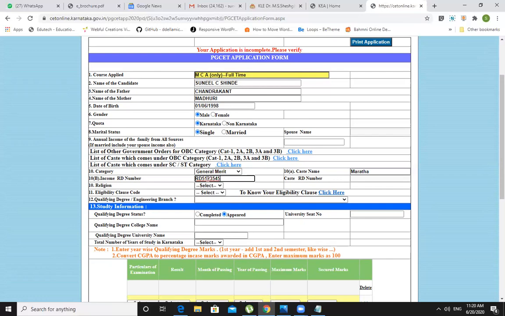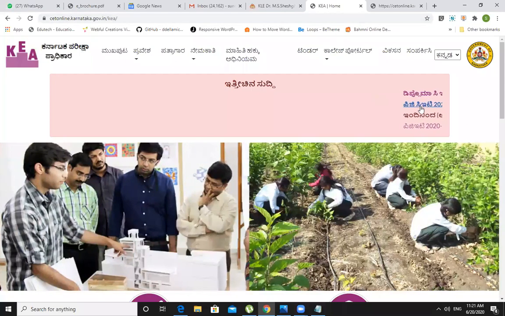Okay. So be careful because during the verification, they are going to ask all the information like income and caste certificate, suppose if you are claiming for that. Then religion, you need to choose a religion, as Hindu. And eligibility clause means, so here already I have shown you, there is a particular brochure available.